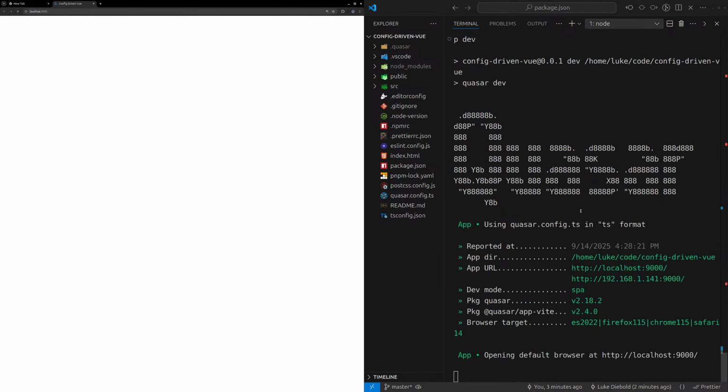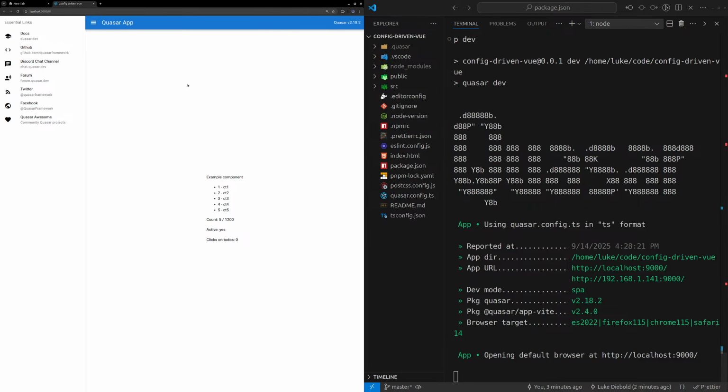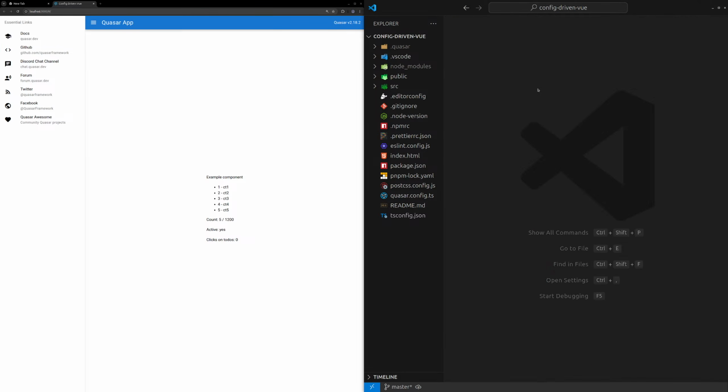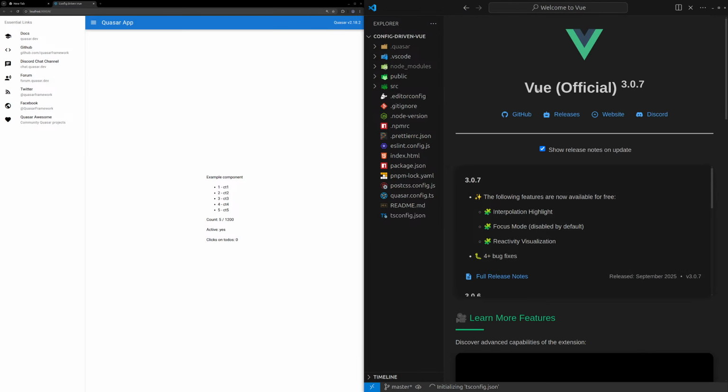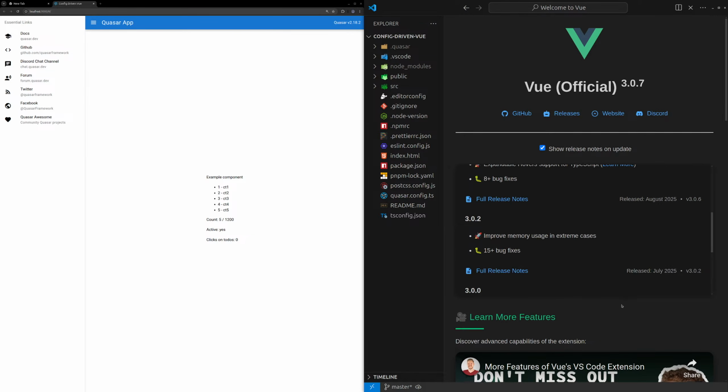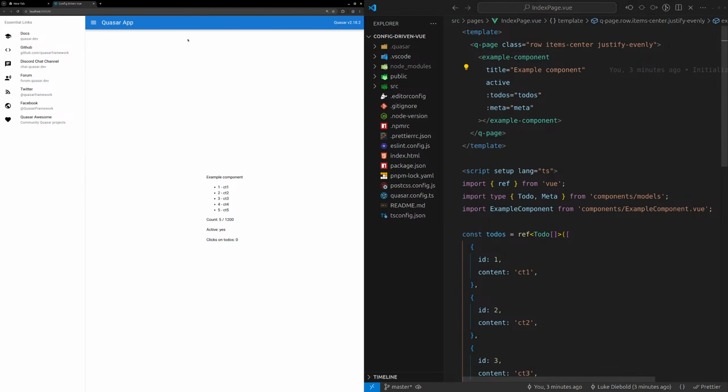pdev, which is basically the same as running pnpm dev. And there's our project ready to go. And I'm just going to do some of that basic stuff you usually do, like updates to Vue DevTools. All right, definitely got to watch that later. All right, so